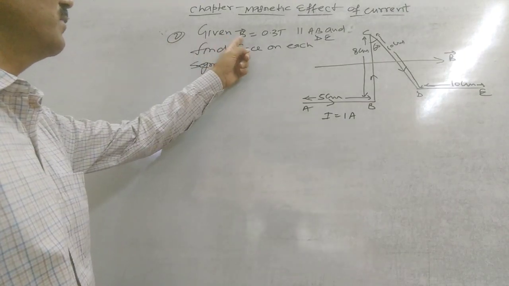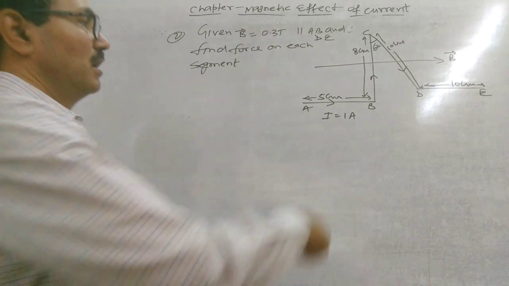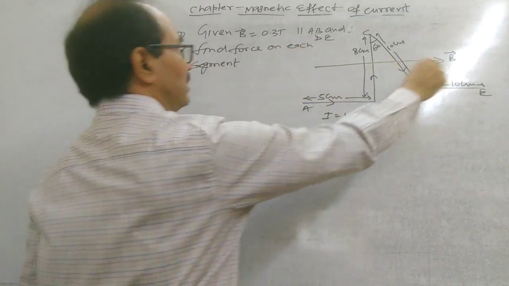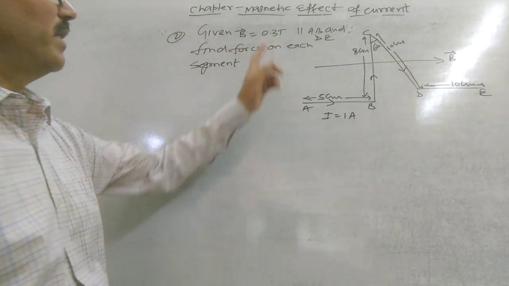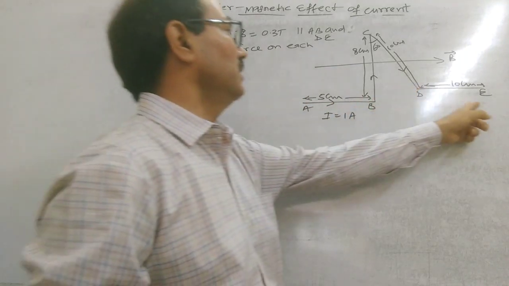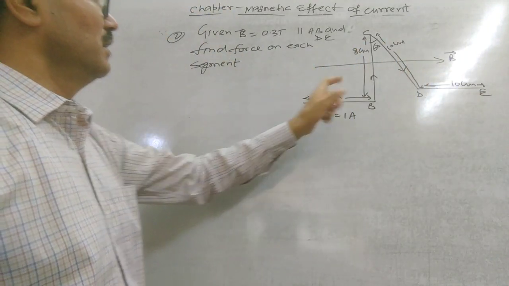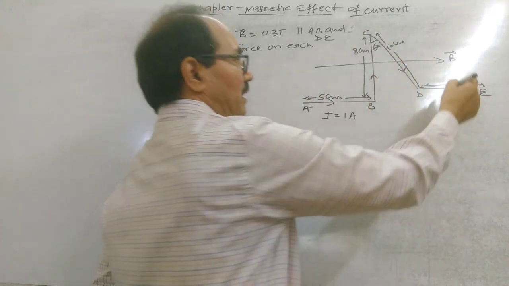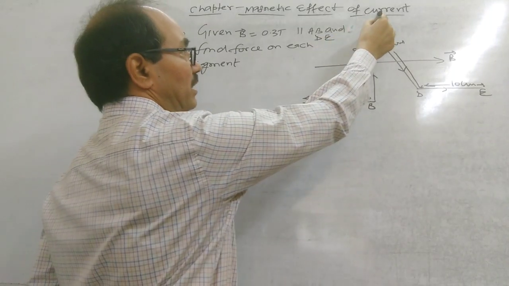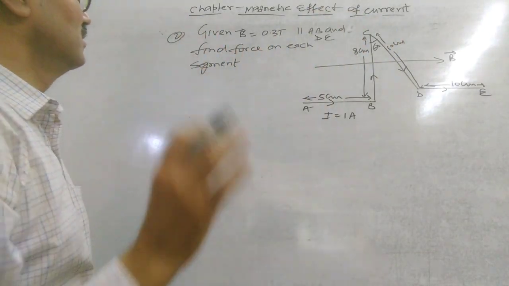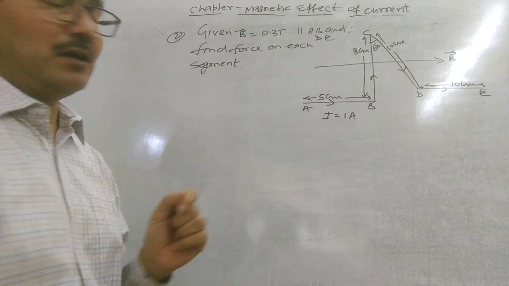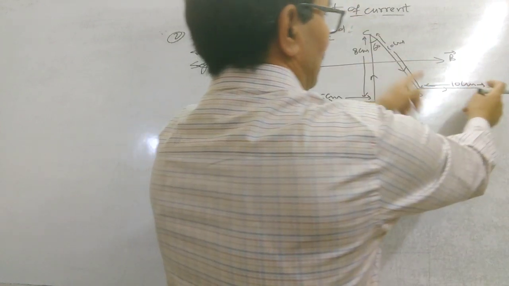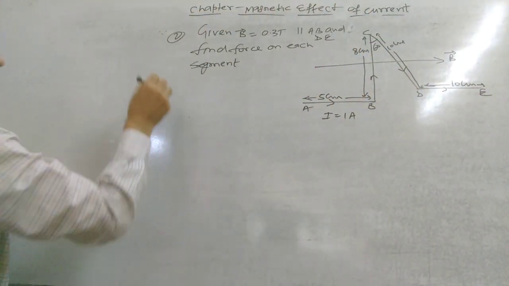Now numerical number 2: given B vector is equal to 0.3 टेस्ला। हमें एक वायर दिया है, इस वायर को इस तरह से बेंड किया है, यहाँ पर मैग्नेटिक फील्ड हमारा B is equal to 0.3 टेस्ला and this magnetic field is parallel to AB and DE. Here this 1 ampere current flows through the wire, right, and the angle at point C is 60 degree. Then find the force on each segment. हमें सभी पर फोर्स कैलकुलेट करना है, इस पर, इस पर, और इस पर कैलकुलेट करना है। तो देखिए कैसे करते हैं।